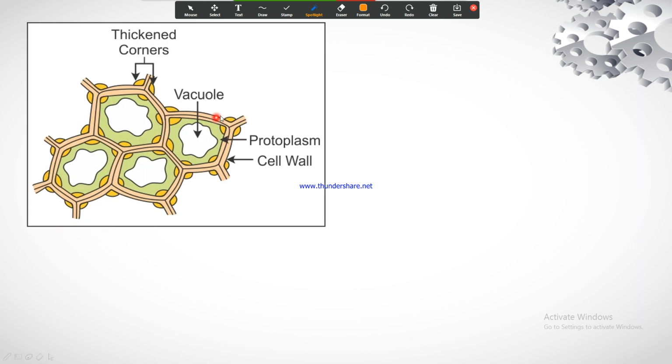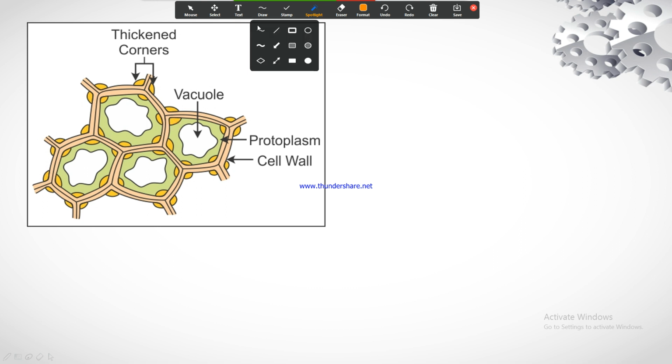Now coming to the structure of collenchyma tissue, you can check this. This is the shape of the collenchyma. I already told you they have very little intercellular space, meaning the gap between one cell and another is very small. We can't easily observe it, even with a microscope it's difficult to check that gap between cells, and they are irregularly thickened at the corners.